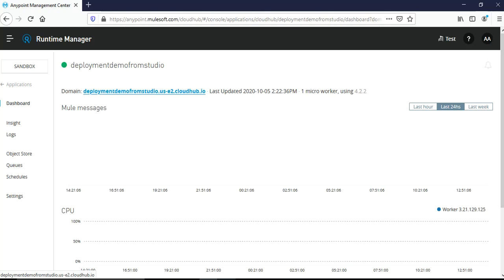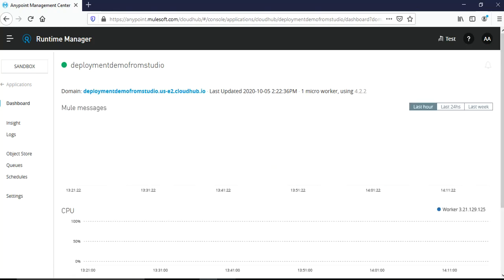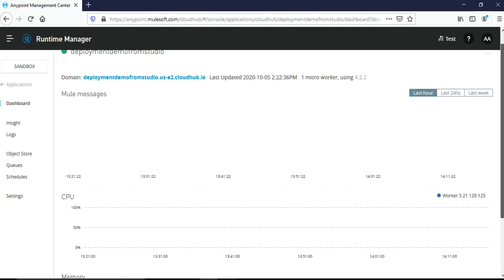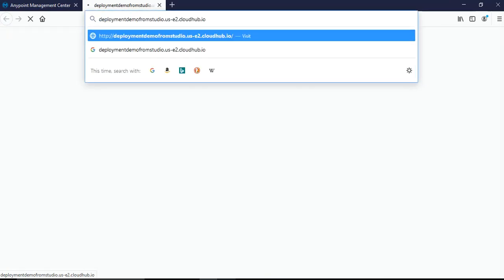If I click on this, right now you see there is no traffic. Even if we choose last hour, everything for the CPU and memory utilization is shown as 0. Let's click on this URL, and you will see an error that there is no endpoint, because we will have to put the actual base URL for our application. Only then it will be able to call that particular listener.